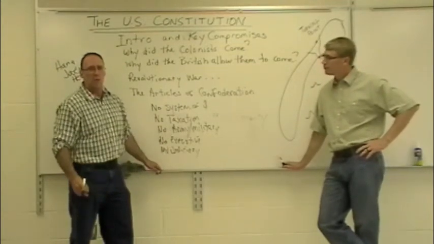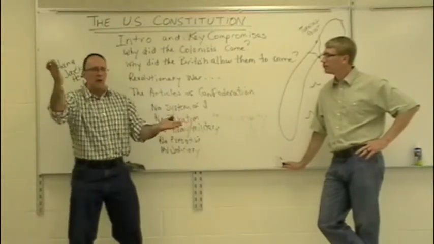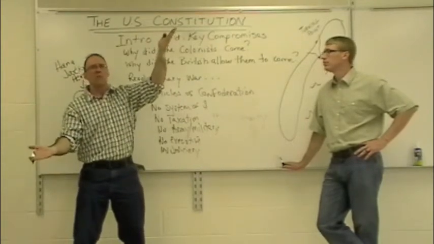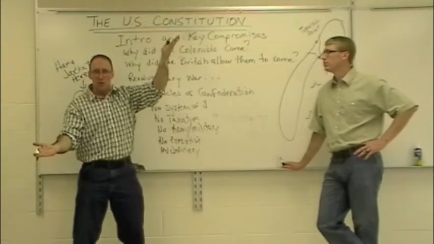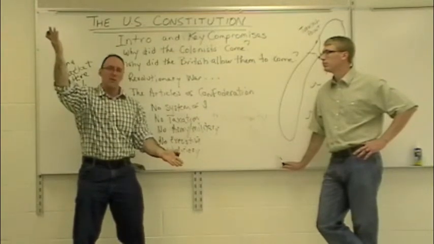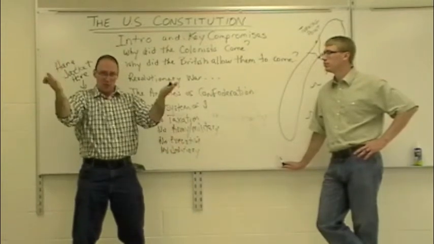So then who has the power? The states. As Mr. Jones talked about with Goldilocks, we don't have a balance. We didn't have a balance when the federal government was run by the British, and now we don't have a balance when the federal government is being run by the Americans under the Articles of Confederation. So we're going to have to change that.